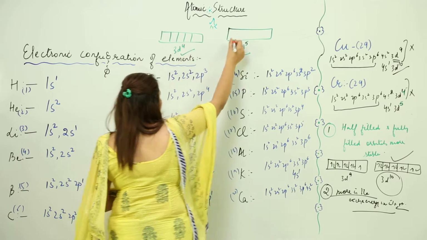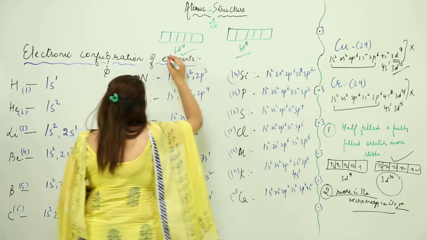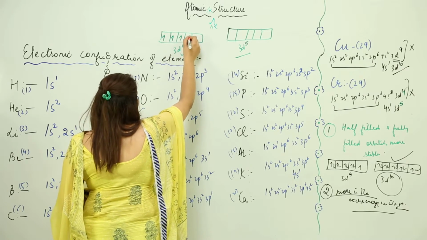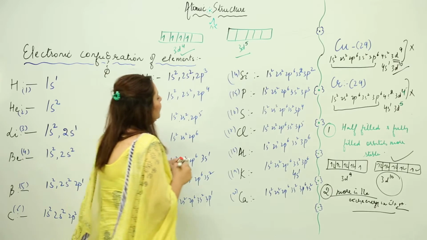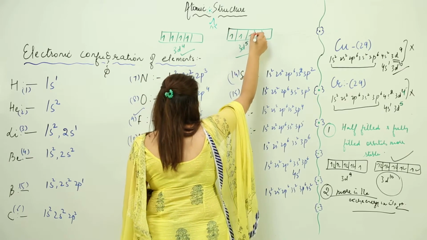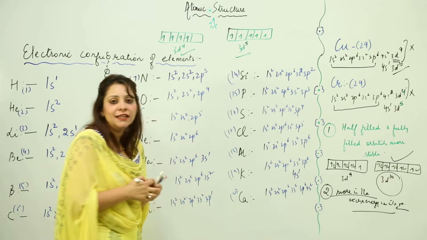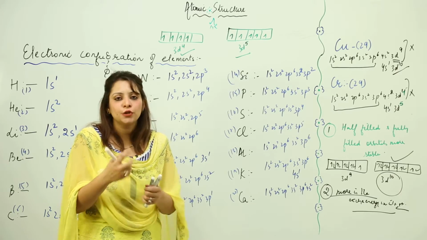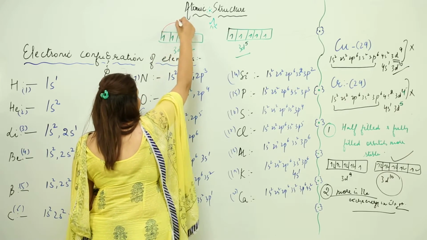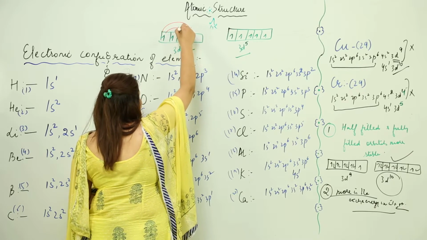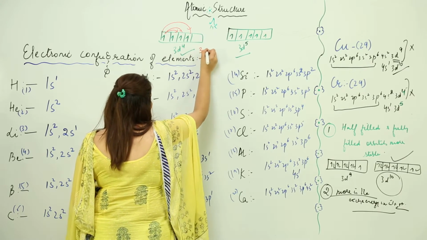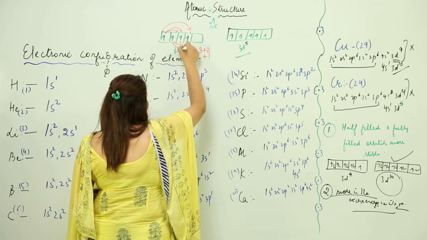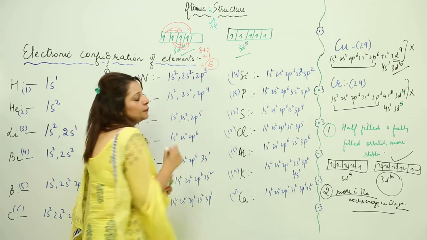So let's see how the exchange energies become high. When I am writing 3d4, it comes out to be 1, 2, 3 and 4, right. But when I am writing 5, it becomes 1, 2, 3, 4, 5. An electron in a given orbital can exchange its place with another electron. So it has a probability that it can exchange with this or with this, meaning a total of 3 exchanges it can have, and likewise it can have 2, and it can have only 1. So the total energy exchange comes out to be 6.